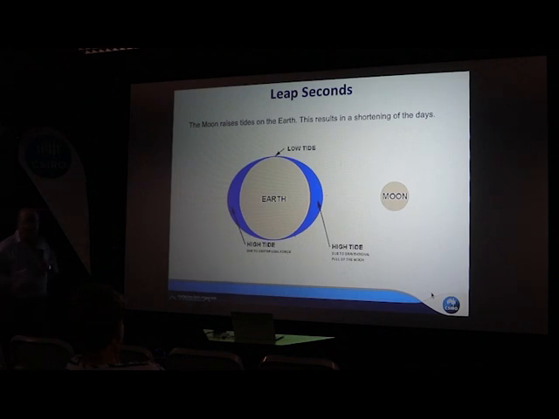The leap seconds. Well, that's a modern thing, because up until recently, we couldn't measure the day all that accurately. In fact, the second was defined as a fraction of the year 1900 up until a few years ago. It's since been defined as a certain number of oscillations of a cesium atom. But nonetheless, we can measure the year very precisely nowadays. And the reason why we need to is because the moon raises tides on the Earth twice a day. And this results in the shortening of the days.